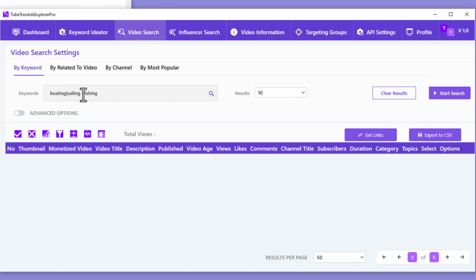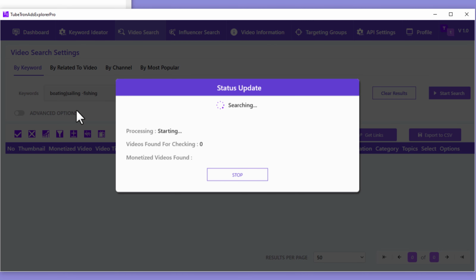Suppose we want to see only results for monetized videos which have the words voting and sailing, but we don't want the phishing. So once we do the search this way, it means that we are looking for the videos which have the words voting or sailing, but if they have phishing, we don't want that. So that is what this